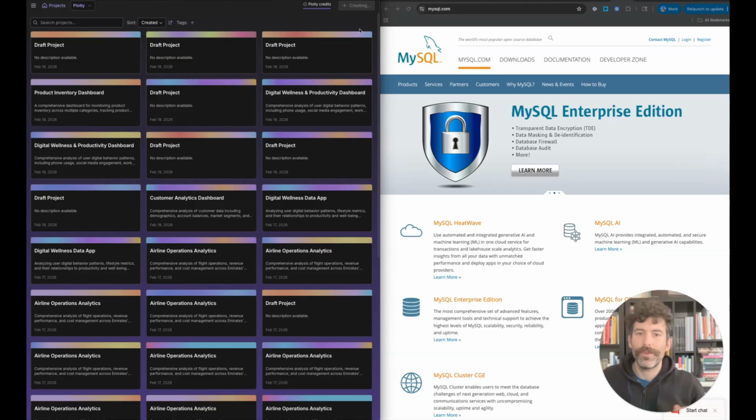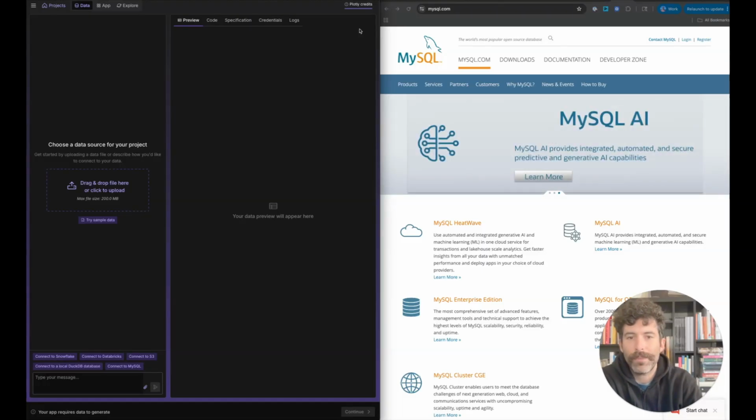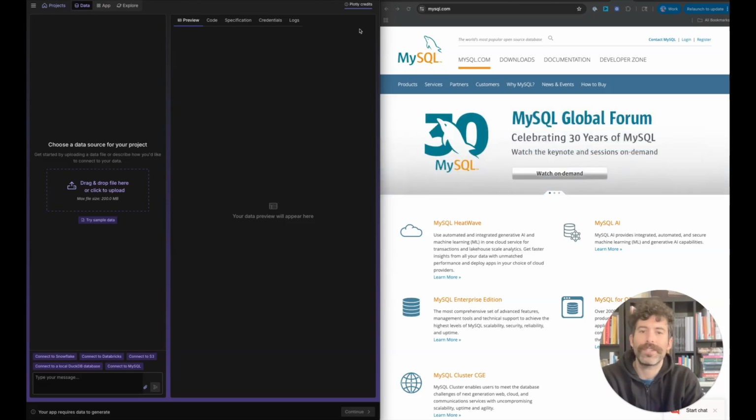MySQL is one of the oldest and most recognized databases in the world. For a huge portion of the internet, it's the foundation that everything is built on. As the web has grown, managed cloud versions from AWS, Google, and Azure have made MySQL easier than ever to run at scale. It's an open source relational database that stores and retrieves structured data, powering applications, websites, and